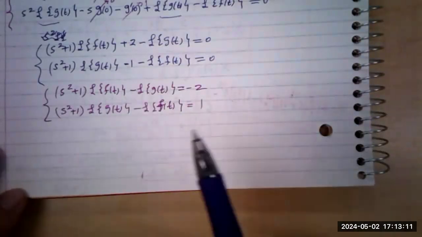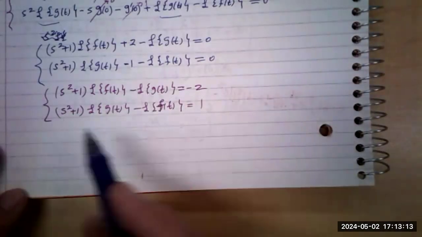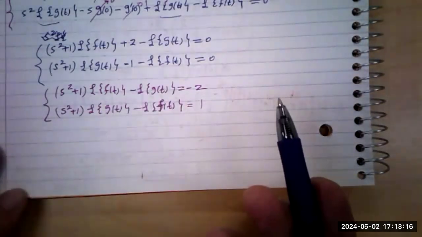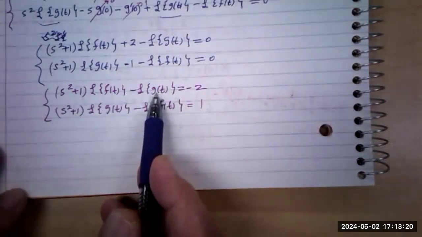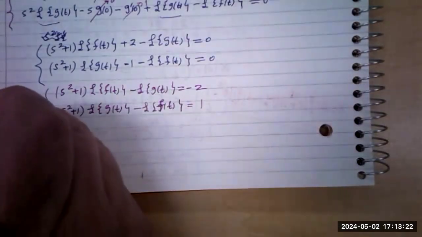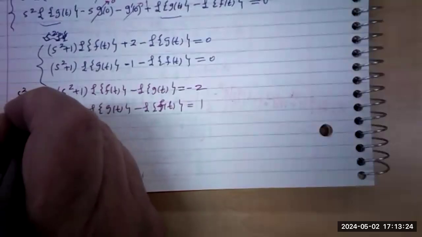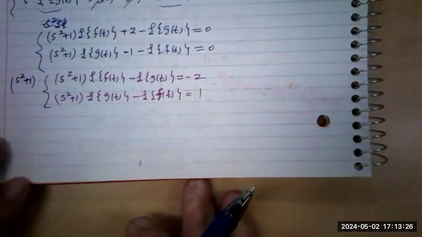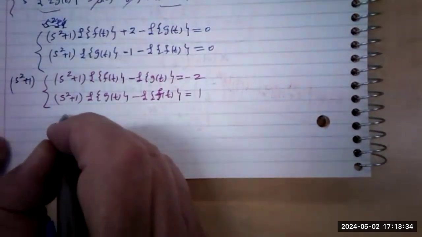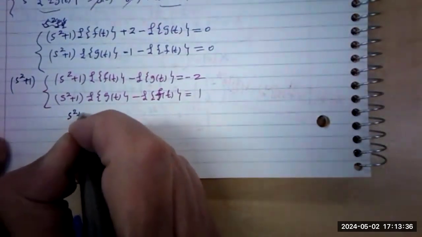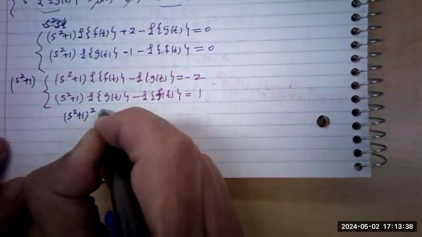It doesn't matter which one. So I'm going to multiply the first one by s squared plus 1 to eliminate the G. All of them are the same, most of the work that you're going to see. So I multiply this one by s squared plus 1, so it becomes s squared plus 1 squared